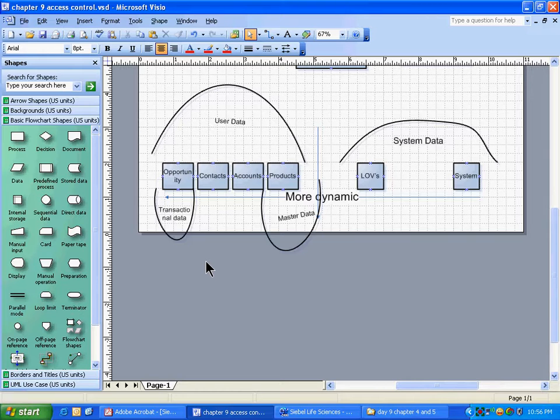The user is supposed to enter that data, not me. I am a designer. I cannot enter that data. So when I give you a new system, it is not supposed to have new accounts. You are supposed to enter accounts in that. Is it supposed to have products in it? No. You can enter it. So that is user data. Literature is also user data. Literature is entered by people, by the users.